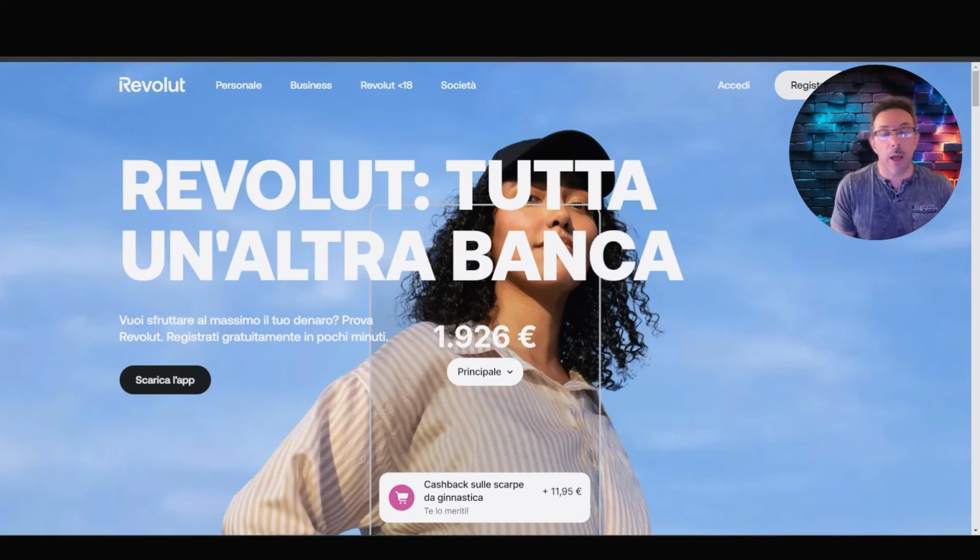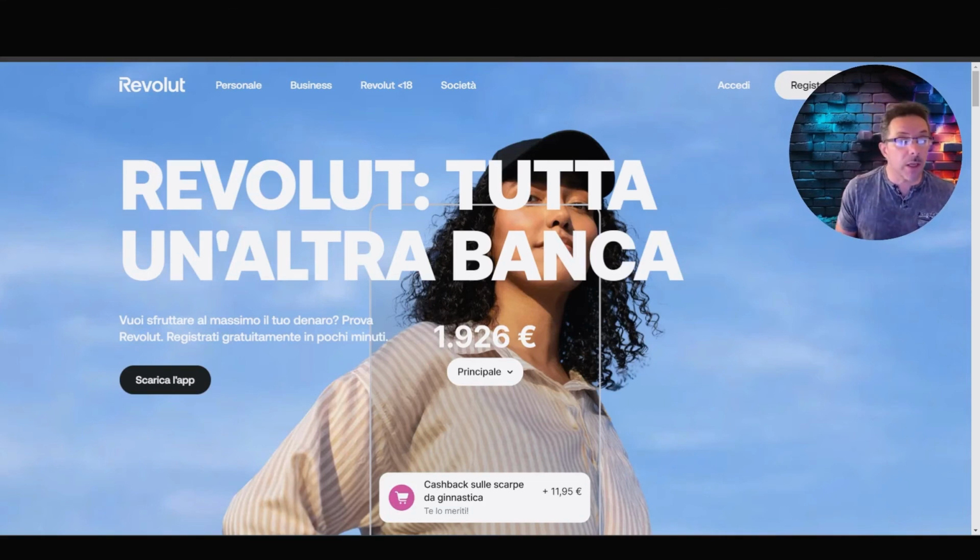However, Revolut is highly technological, and that's exactly why I want to talk about it. After all, this channel is about technology. I'm well aware, myself included, that when it comes to money, people's feelings get involved, so I'll try to tell you and show you as much as possible about this app, how it works, and so on. Let's take a quick look at Revolut.